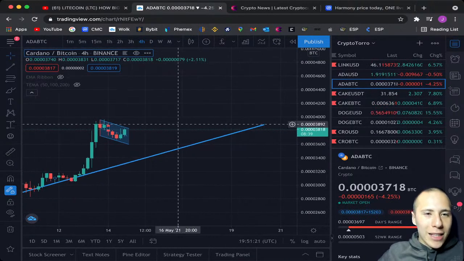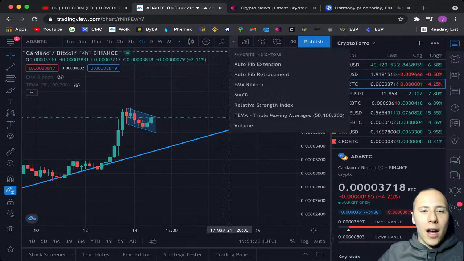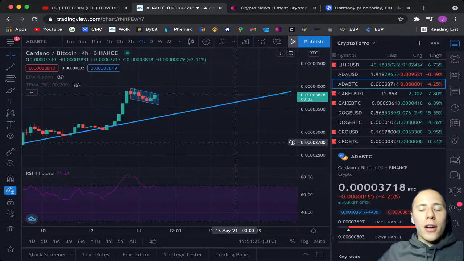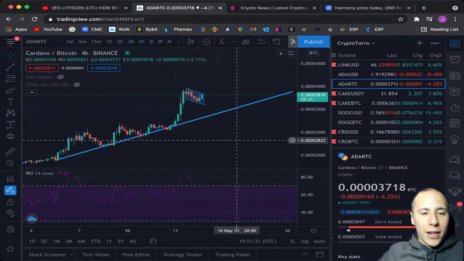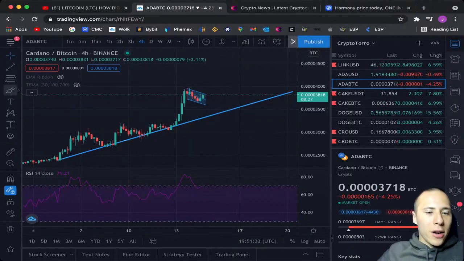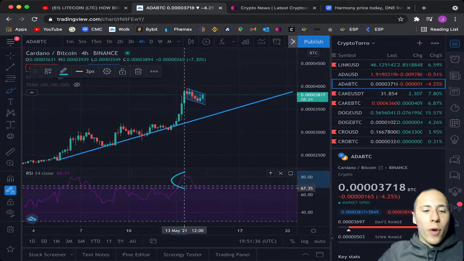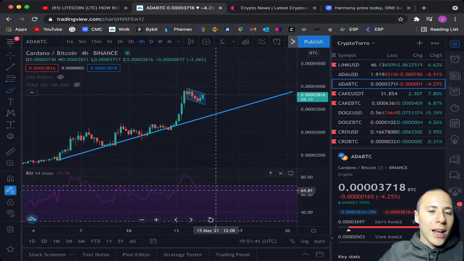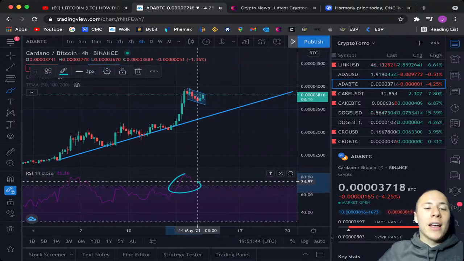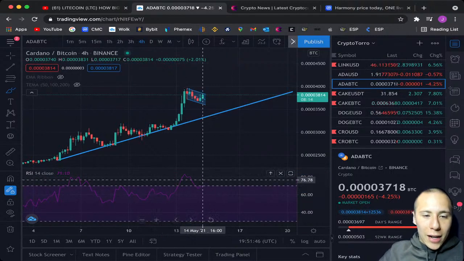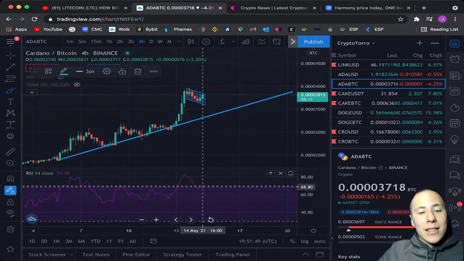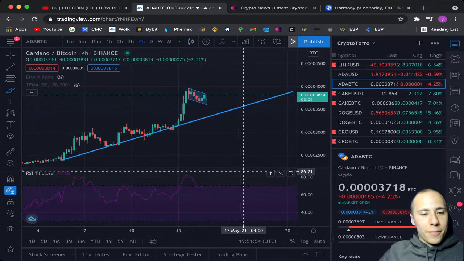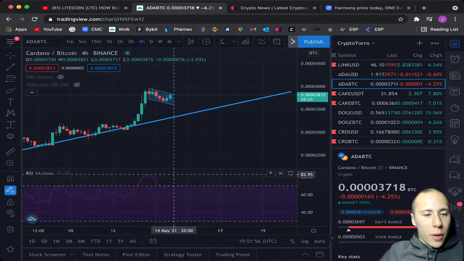And that's why I will take a look right now just at the RSI, and after that I will be taking a look at the 50, 100 and 200 day moving average to look at where Cardano is currently at. And yes, right over here we are above the dotted white line on the RSI and above the purple box. And I think it's very important to know that once we go above the dotted line, it is very likely that we'll be seeing Cardano drop once again inside of the purple box, because the RSI does not like to stay outside of the purple box for a long time.